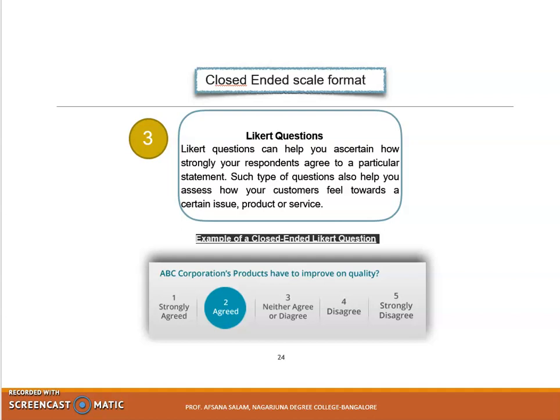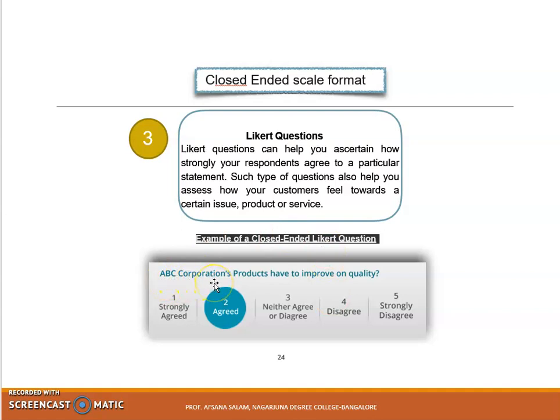And then close-ended questions also have Likert questions. Likert questions are also multiple choice questions only, but here you will have a scale, meaning you should have strongly agree, agree, neutral, disagree, and strongly disagree. Meaning you should have 1, 2, 3, 4, 5. You should have the improvement on the quality. What quality are you expecting from the product? Or here you can see an example.